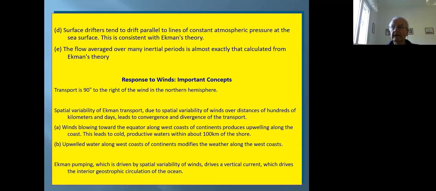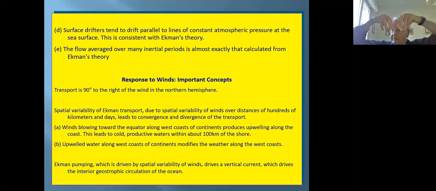And then finally, we have something which is called Ekman Pumping. Ekman Pumping means that the spatial variability of Ekman Transport over distances of hundreds of kilometers leads to convergence and divergence of the transport. If you have a convergence of the transport in the Ekman layer, what happens? Convergence. If you have a convergence, then you